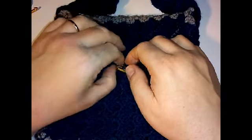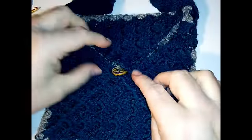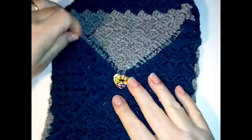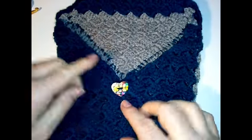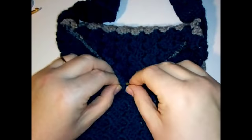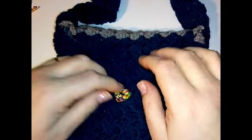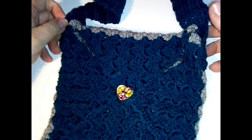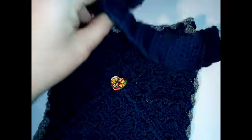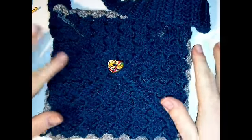So I have my very own little ready-made buttonhole from that C to C square, or you may have made a little loop, or you may have it in this shape and have a little loop on the back. So however you have made your bag, or however you are going to make your bag after watching this, I hope I've inspired you to have a go at making something different with your squares, and how different this would look in